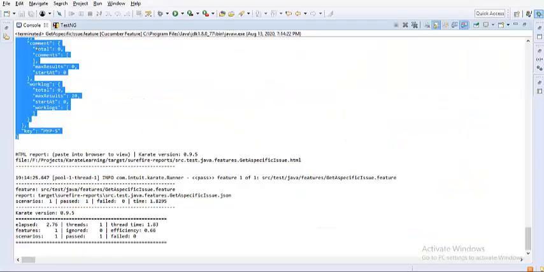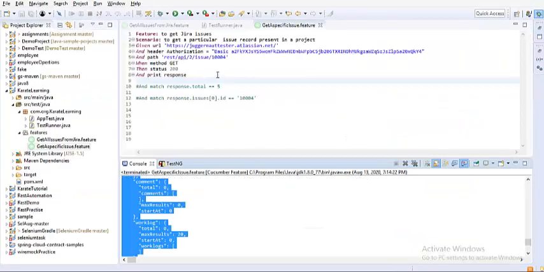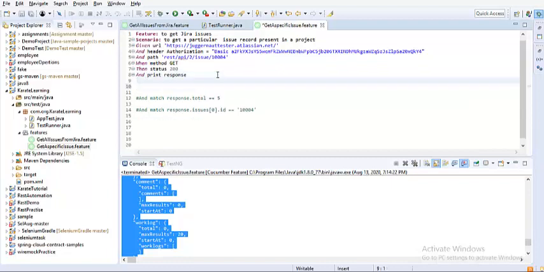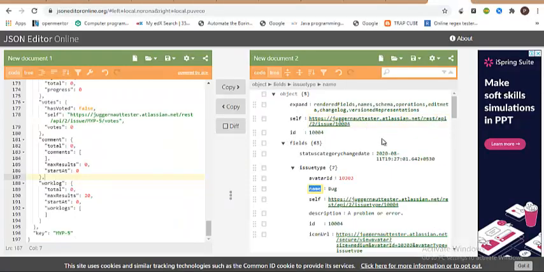So I'm going to the feature file again. I'm adding a step, because all the steps that we have already edited as per our new endpoint requirement. Now in order to verify this, I'm adding another step, response dot. What is the parent field that we have, which is fields.